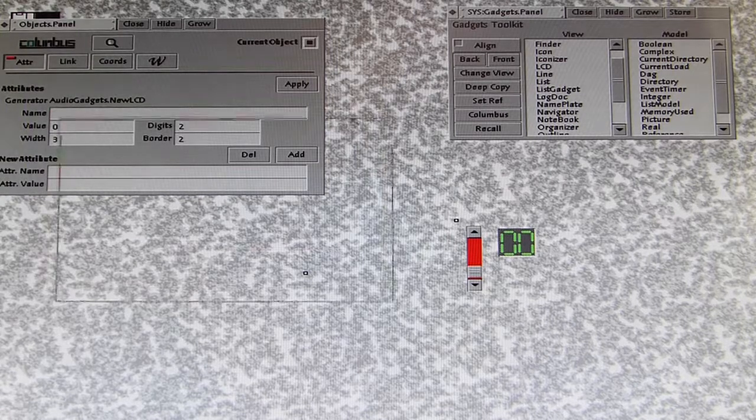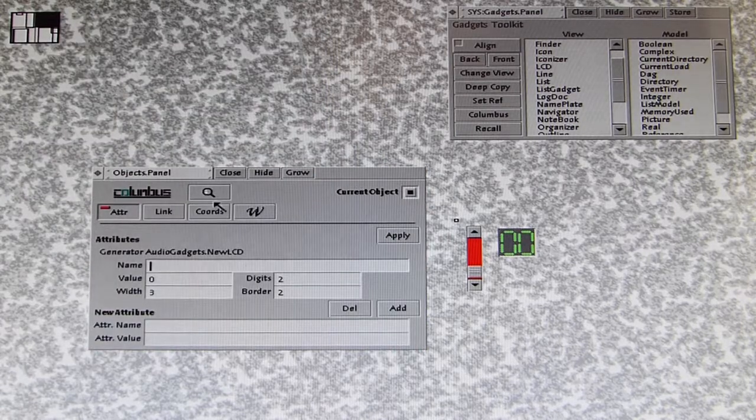This is a gadget coming from the audio application dealing with the CD tracks of a CD. That's why you have those digit representations here. Now we select the digit gadget and we go over to Columbus and we give it a name. Let's say test LCD,